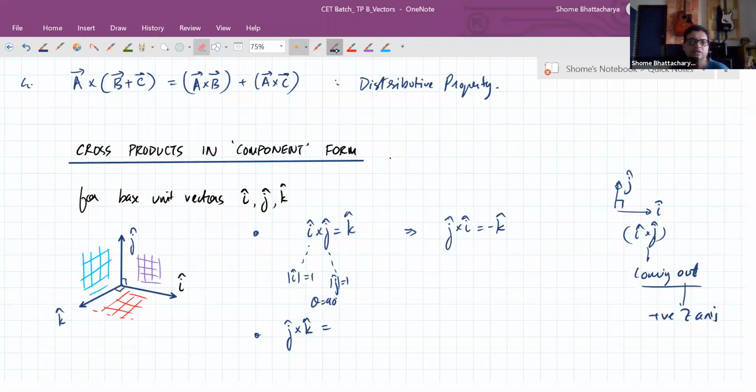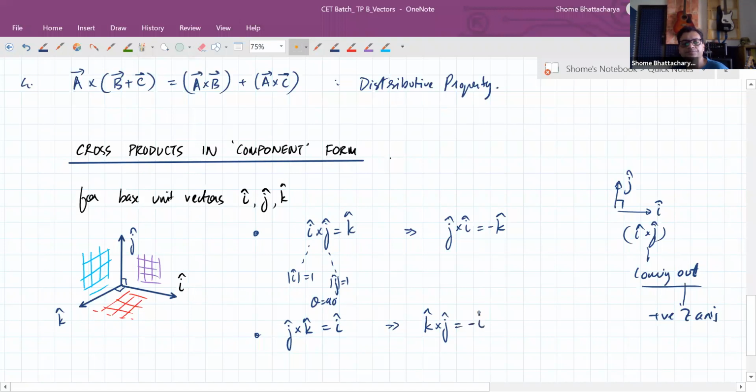So it is a unit vector once again, because these two have magnitude 1 and the angle is 90. So it's a unit vector, but it's pointing in which direction? The positive x direction. So j cross k is i, and that automatically means, because of this property of cross product we've seen earlier, that A cross B is minus of B cross A. So if j cross k is i, then k cross j will just become minus of that one. So it will become minus of i cap.